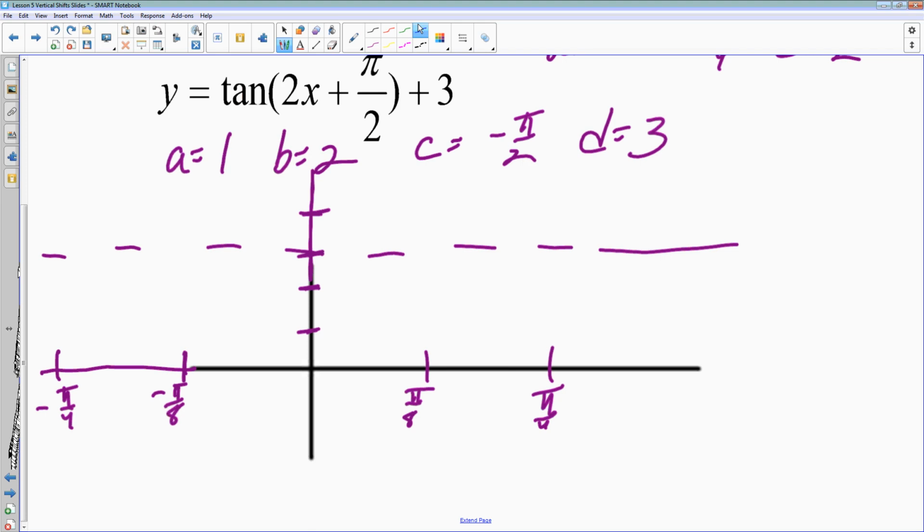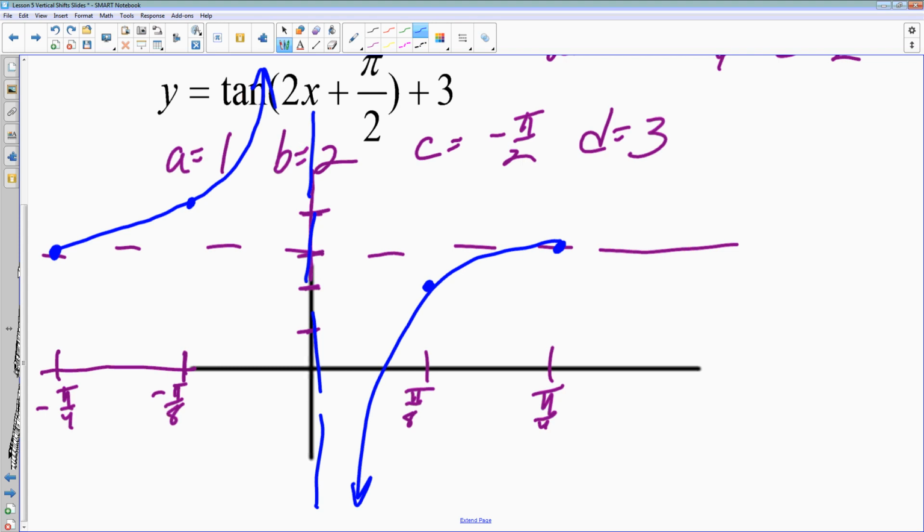So normally tangent, when you plug in 0 into tangent, is 0. All right, but again, we've shifted up 3 units. So at my initial point, it's going to be negative pi over 4, 3. Then we go up 1 normally. So we're going up 1. Then we have our asymptote. Then it goes down to negative 1, but my new negative 1, if you will, is 2. And then I go up to 3 again. And then we can draw our curve. So there is our equation, our function